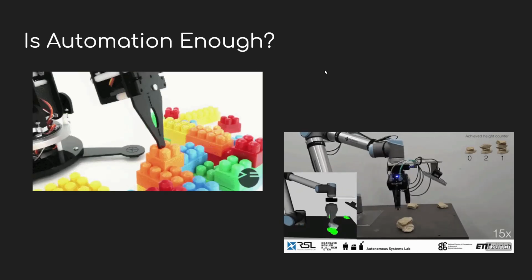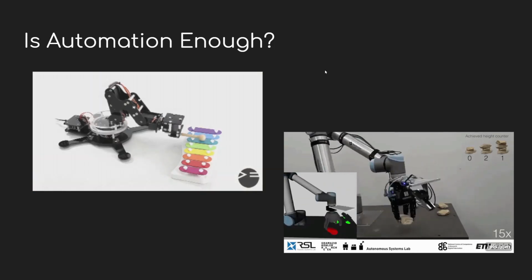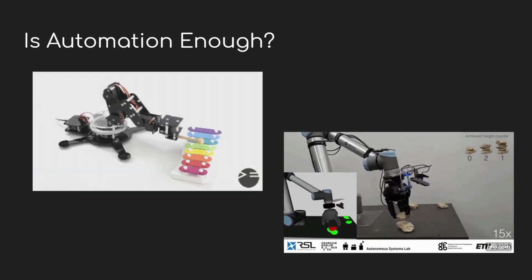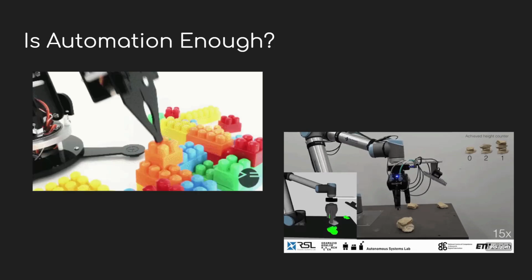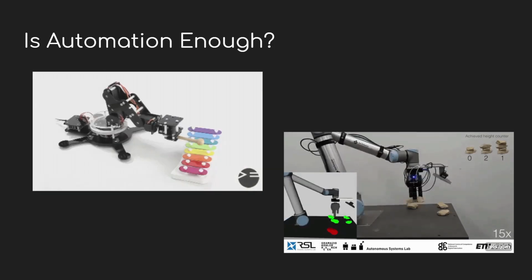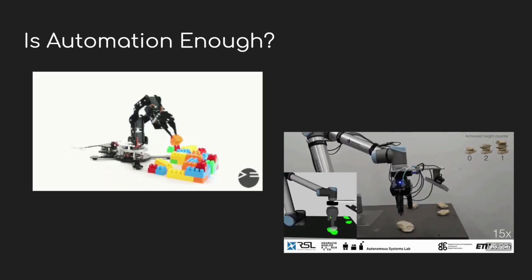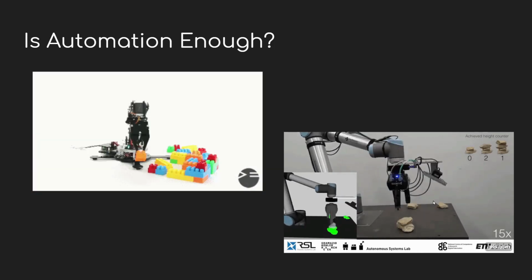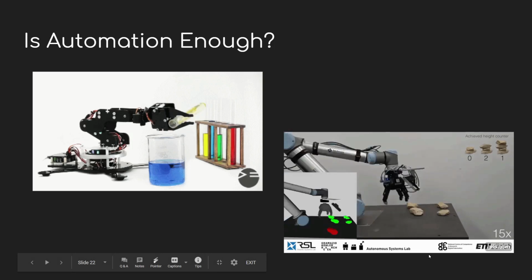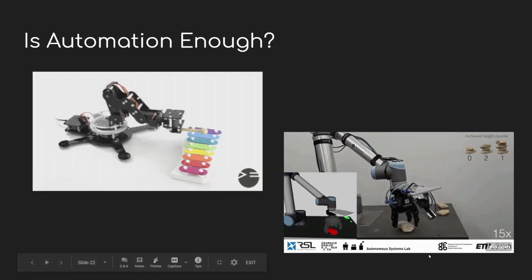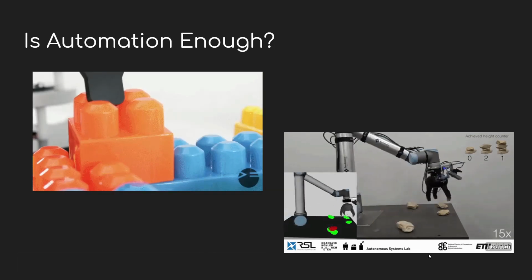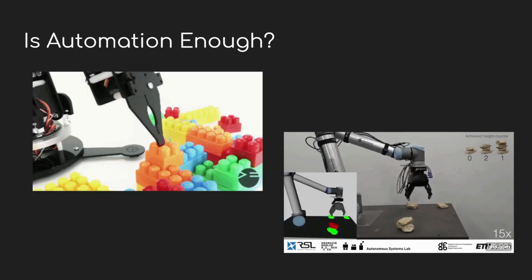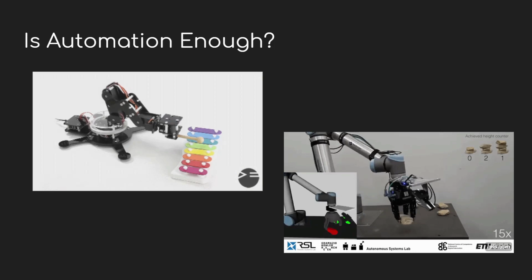Then the question comes, is automation enough? Why I'm saying this is, automation is not about a machine which takes decisions on its own. The point here is there will be a robot. If that robot understands the task of stacking things, say on the slide, I hope you can see on the right hand side, what the robot is actually doing is stacking the stones one above another, like how kids will do. This example shows that automation by itself is not enough.